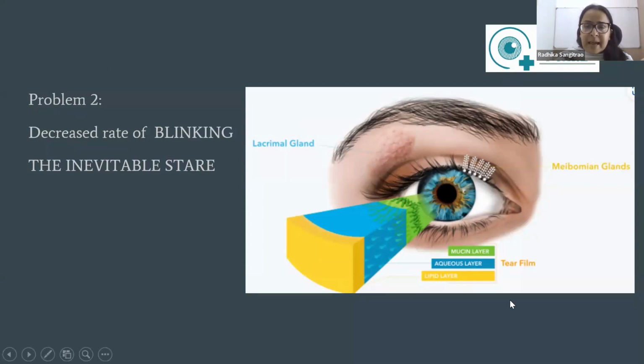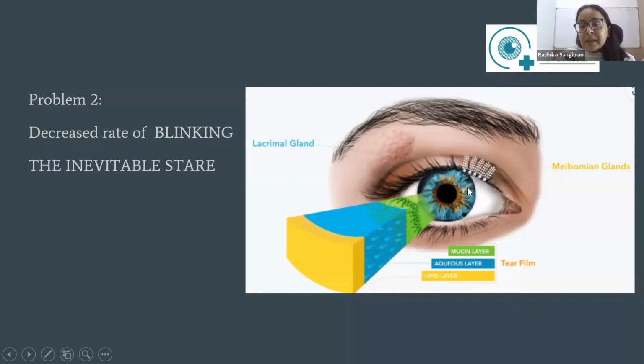Now, the tear film has three different layers. The innermost layer is a mucinous or sticky layer, which is secreted by this part of the eye, the conjunctiva. The middle layer is a watery layer. This watery layer sticks to the sticky layer and stays on the eye. That is secreted by this lacrimal gland. And then it is covered by, see, the beauty of it is that God has made it in such layers that it can actually stay for longer hours on the eye. It is covered by this oily or lipid layer, which is secreted by glands called meibomian glands